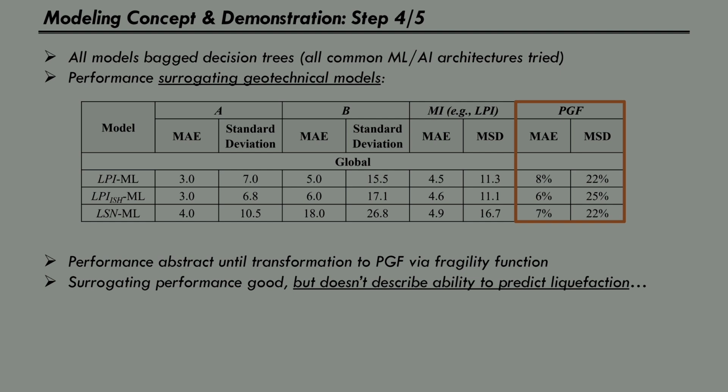And we see that something like 3/4 of the models are giving an error less than about 25%. So it seems like they do pretty good, but again, this is the performance mimicking a model. It's not the performance predicting liquefaction. And so we have to look at some other tests momentarily. All of our models, by the way, are bagged decision trees. We do try to use all of the different architectures provisionally to see what works well. It tends to be, in my experience doing geospatial modeling, that decision trees work very well.